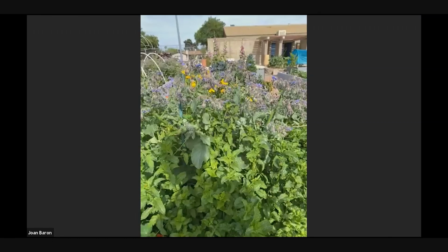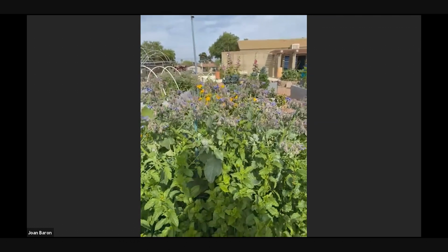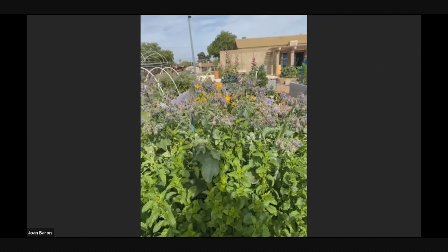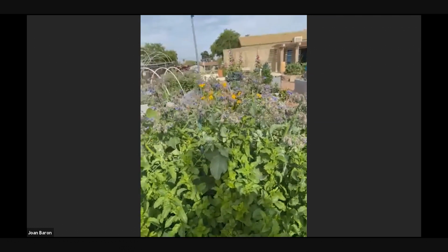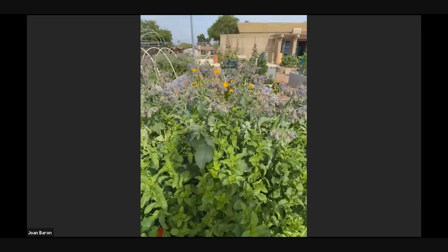And in terms of containers, we've got every color of flower blooming right now. It's a paradise here. Yeah, and our wildflowers, we specifically planted wildflowers, and they were incredible this spring, but it's a different situation out in the wild. That's great. In terms of the containers, in a container garden, can I plant borage and mint together in the